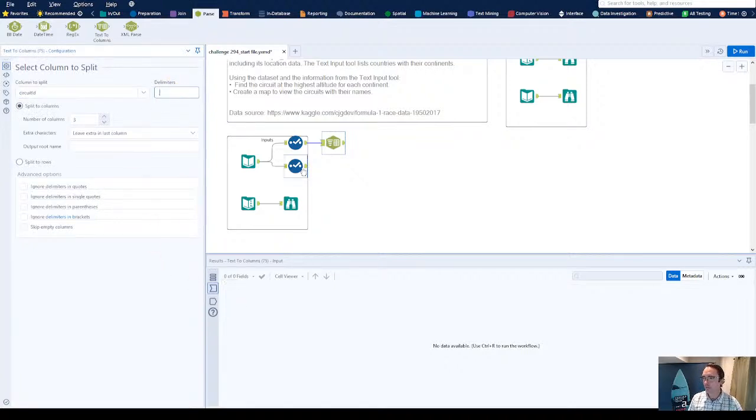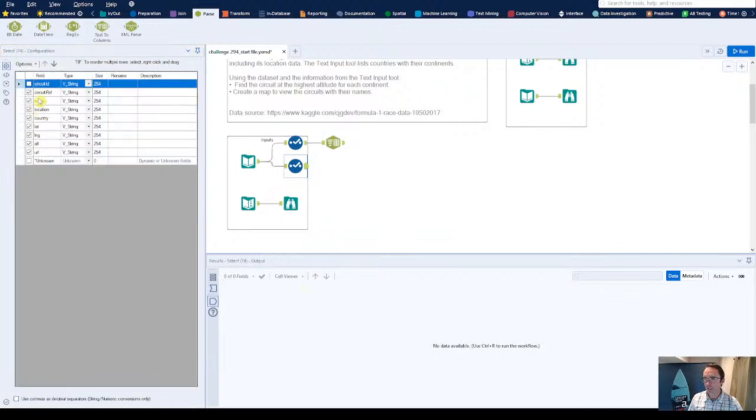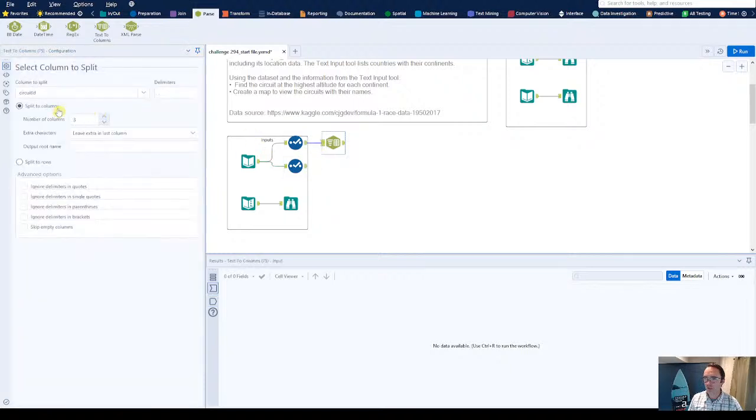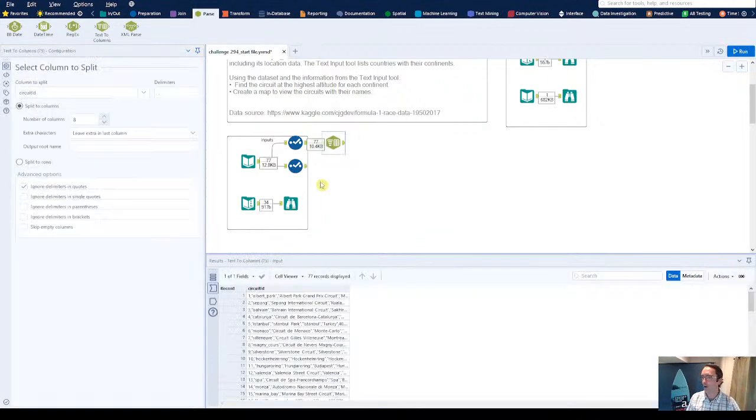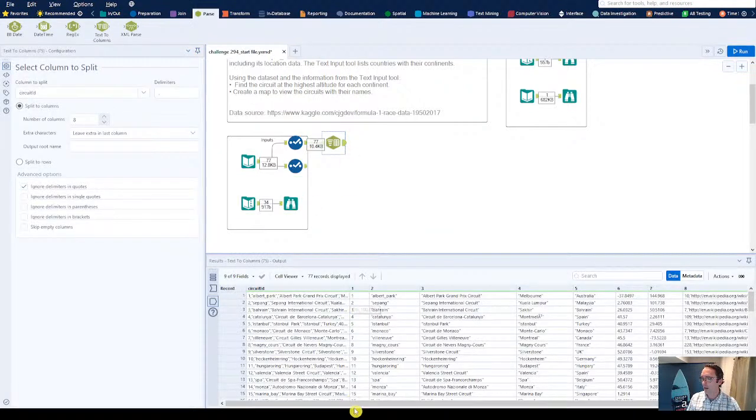The number of columns, I think it's a pretty safe bet that we will actually have 1, 2, 3, 4, 5, 6, 7, 8 columns in here. So we can probably safely assume that there's 8. And we do want to ignore delimiters in quotes just in case. Now, this is a little bit of an advanced option. This is where we have what they call the text qualifiers. Quotes are text qualifiers. So Control R, I'm going to run my workflow here,